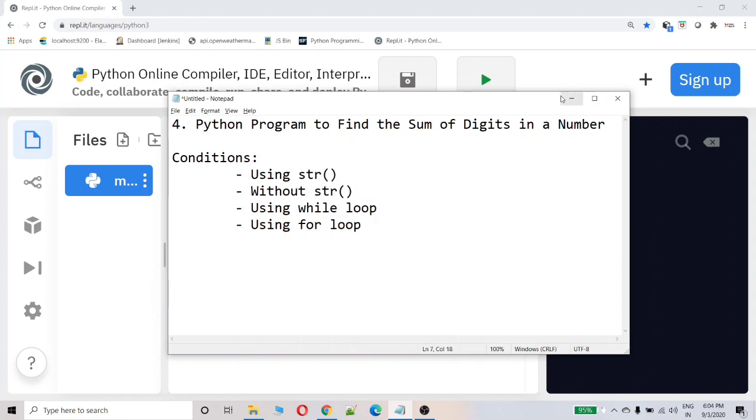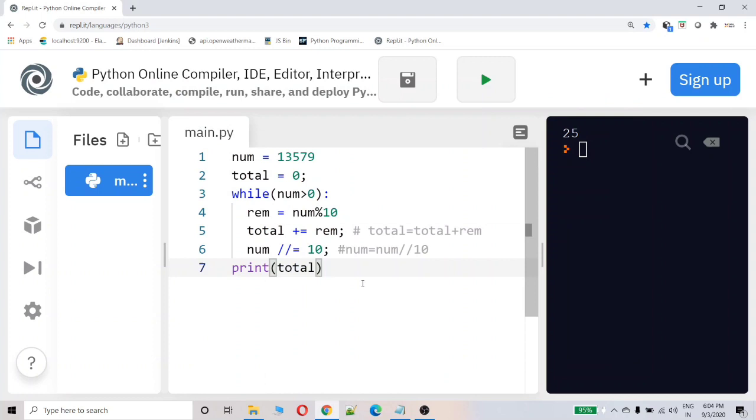How can we solve using the for loop? Yeah, we can use the same logic, but the for loop should be iterated based on the number of digits in the given number. How can I do that?